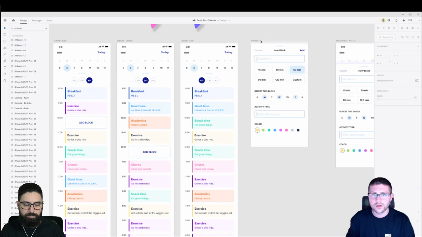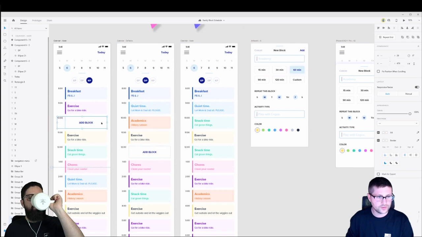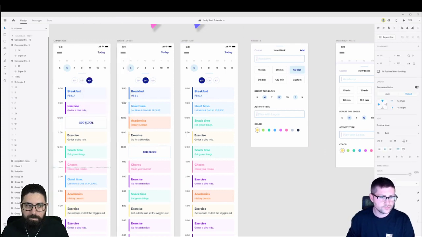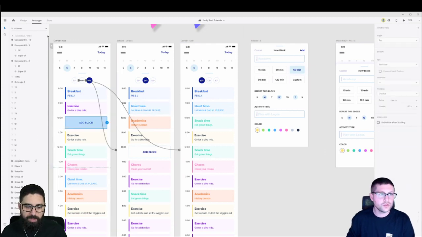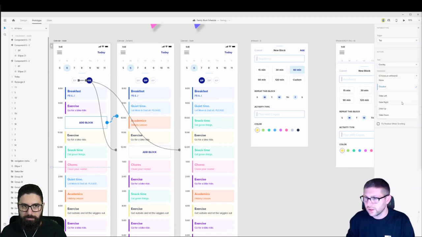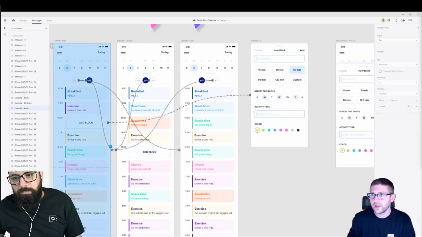Okay, we'll see how that works. And let's ungroup those quick so that I can select those easier. So we'll have this element will link. It's going to be a tap, and it will be an overlay, and the animation is slide up. So I think I need to select that though. Okay. And let's give that a shot,